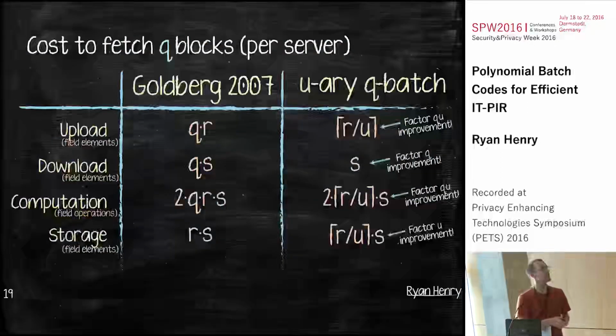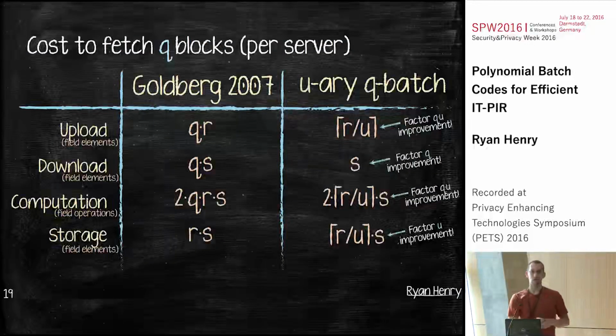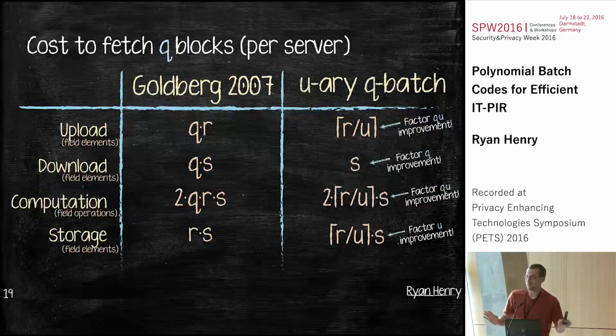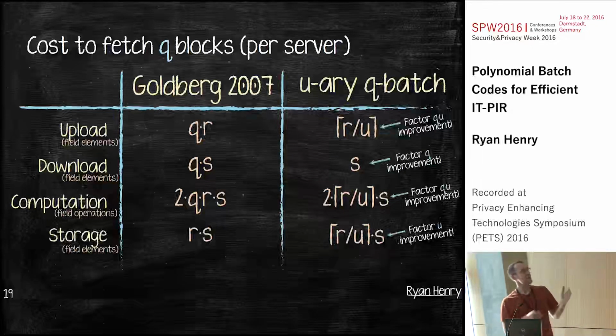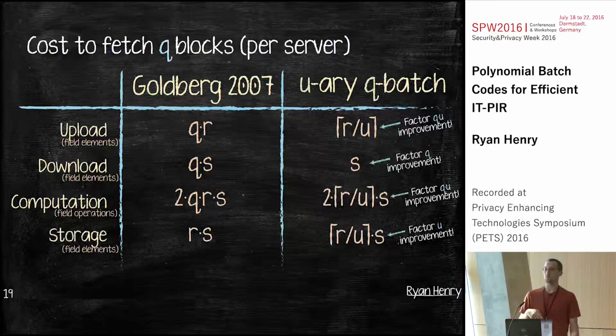And suddenly now we can fetch any record we want in a batch together, and we don't have to worry about these collisions at an x coordinate. So if that was not clear, please read the paper because it's clear in there. Okay, so when you do that, what we find is we get really nice speedups in every reasonable cost